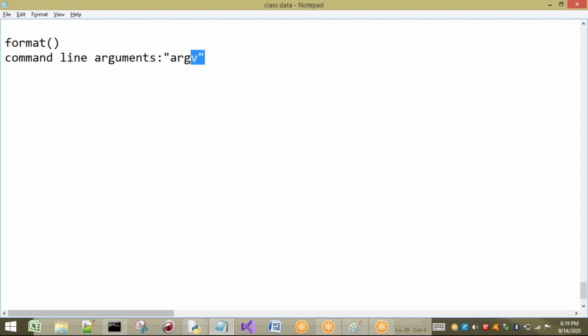Why are we going to use ARGV? ARGV is a list which is present in a module called SYS. So here you have to understand two things if you are going for command line arguments. One is ARGV. ARGV is for what? If you are going to pass any inputs or any arguments from the command line to your program, who is going to store those arguments?